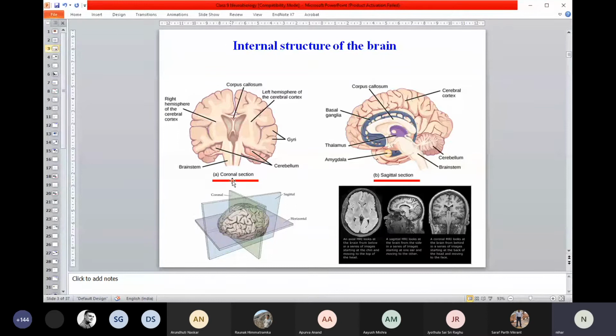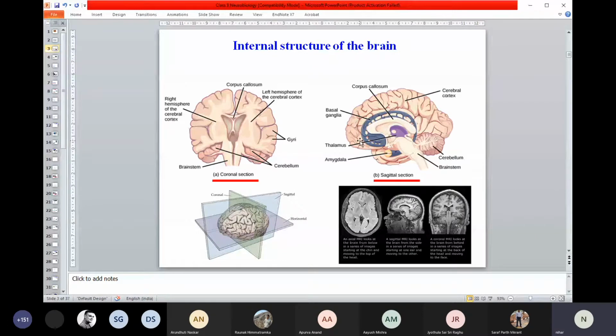One of the ways you can cut is mentioned here, the coronal sectioning. In this process, you cut your brain from the front side to back side or back side to front side like this. So cut thin sections and see what is there inside. If you look at the mid coronal section, somewhere in the middle part of your brain, you see there are two hemispheres, left and right, and in between there is a place where cerebrospinal fluid passes through it. It's a ventricle, you see here.